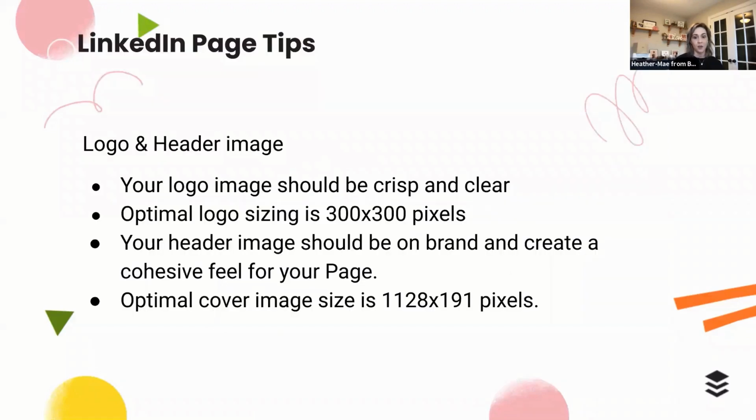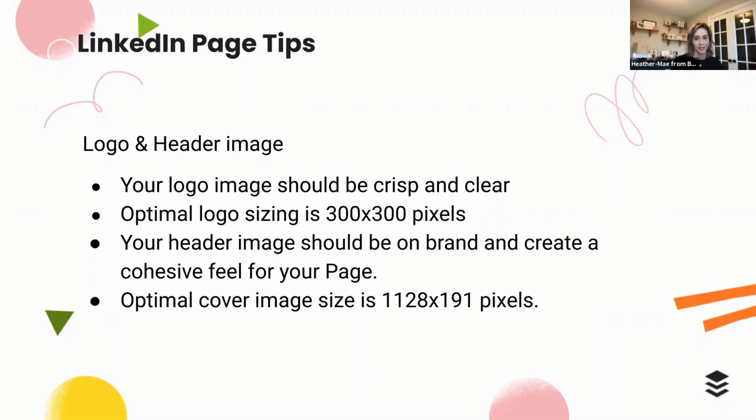All right. Aside from that tagline and call to action button in that header area, you're also going to want to make sure that you add in your logo and a really clear brand related header image. And when I say brand related, this can be an image that falls within your brand's color scheme. It can be a photo that evokes the same type of feeling that you're wanting. And you will want to make sure that you hop over and confirm that you have the optimal dimensions for that. So logo images will want to be 300 by 300 pixels, and those optimal cover image photos should be